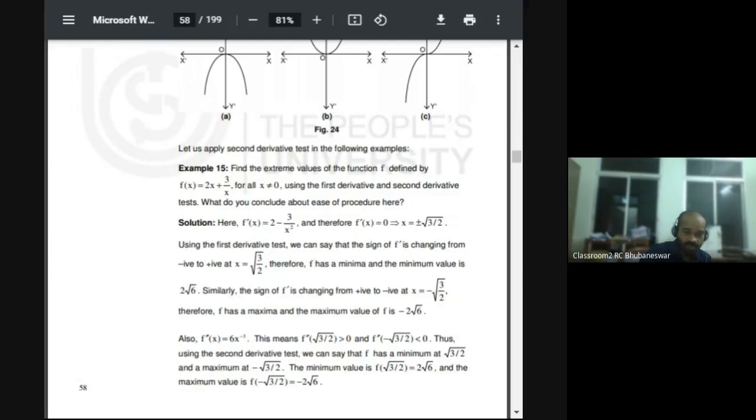So first we have to calculate the critical points by setting the first derivative of the function f dash x equal to 0. The first derivative is 2 minus 3 by x square, and equating to 0 we get two values, plus minus root over of 3 divided by 2. So these are the two different values at which the function may attain a relative maximum or relative minimum value. Now to ensure that, let us